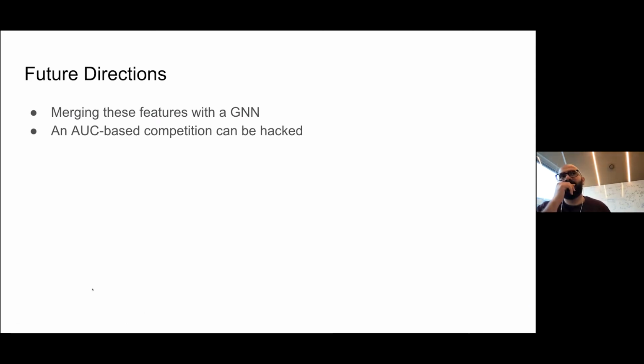Also, I wanted to mention that an AUC-based computation can be hacked. By hacked, I mean, for example, one can extract the ratio of positive samples with a very simple setup. The only thing you should do is take a positive sample at the first of your ordering and move it to the end and see how much the AUC decreases.